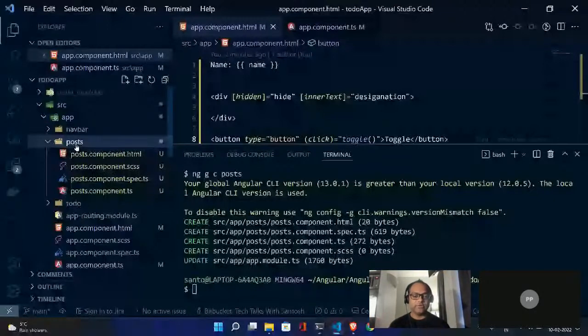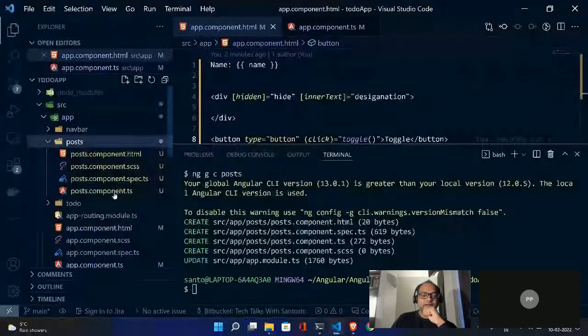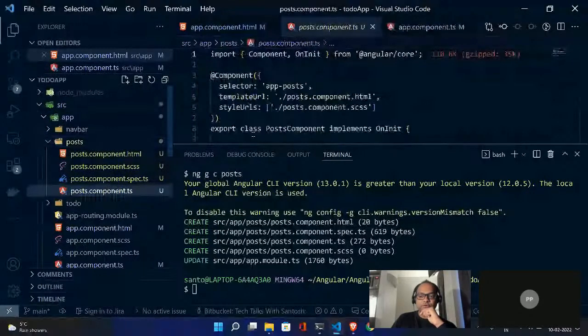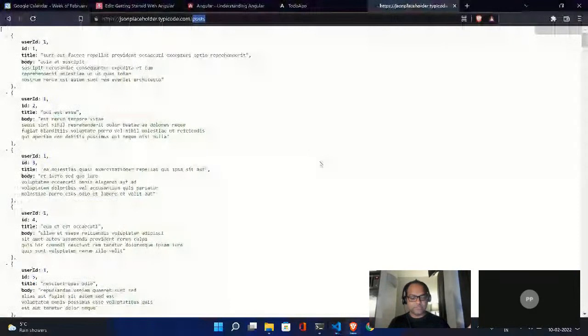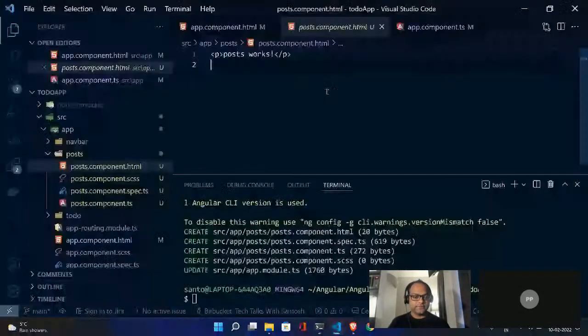Remember this, keep this in your mind, because otherwise you will keep wondering where your component has gone. This is the component which we have. Now what we want to do is get all this data and display it in our component on this HTML, which only says post works.